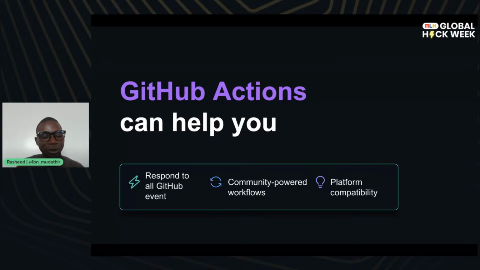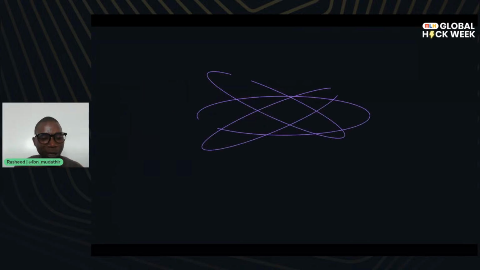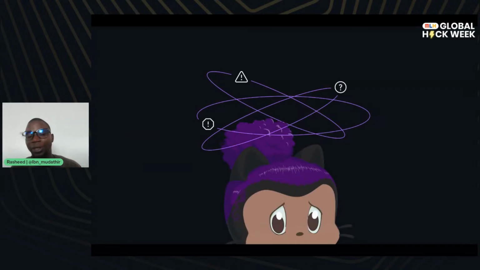We have what is called OIDC, which you can use to connect directly to the various cloud services you may think of. At this point, I want to let you know that these are not the only benefits you can get out of using GitHub Actions. There are many more, but to not bore us with a lot of slides and a lot of story, I will stop here and take you further to the demo of the day.